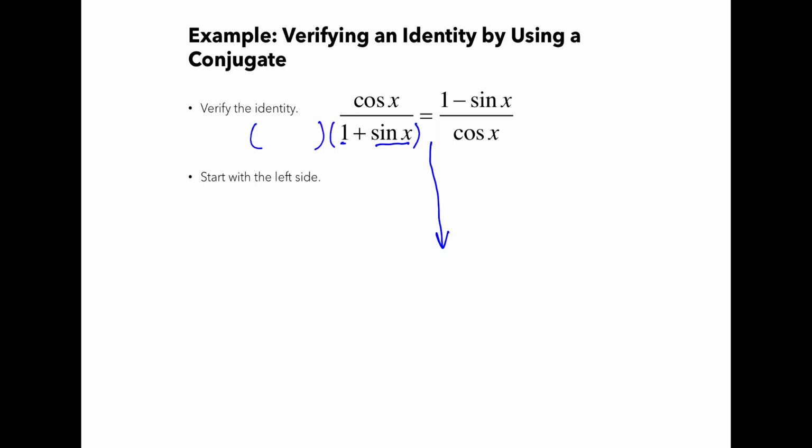So that's another thing to look for: I have 1 plus sine x. Let's try multiplying it by 1 minus sine x on both the top and the bottom. And sometimes this gives us something helpful. Again, we got to try stuff. So what happens when we multiply it by its conjugate is we get the 2 perfect squares. In other words,